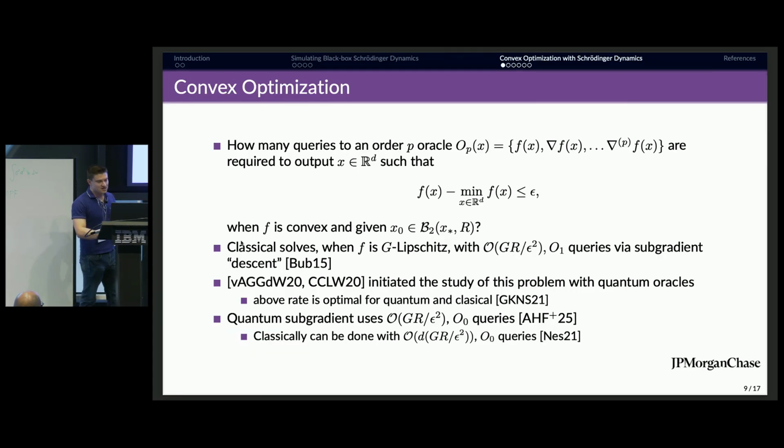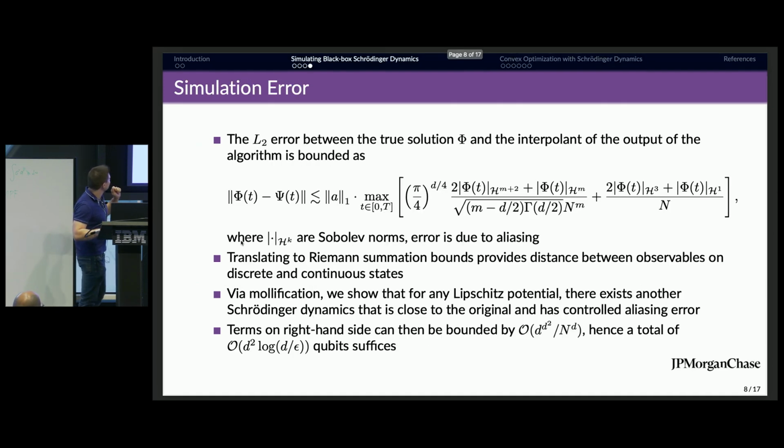And so, to go through a little bit of the optimization, how much time do I have? I just wanted to mention one quick thing then. So yes, we have d squared as the number of qubits. This comes from the fact that the Sobolev norms grow, unfortunately, horrendously as d to the d squared, but because we take the log, we get d squared qubits. This was done through a technique called mollification, which is a smoothing procedure that smooths the wave